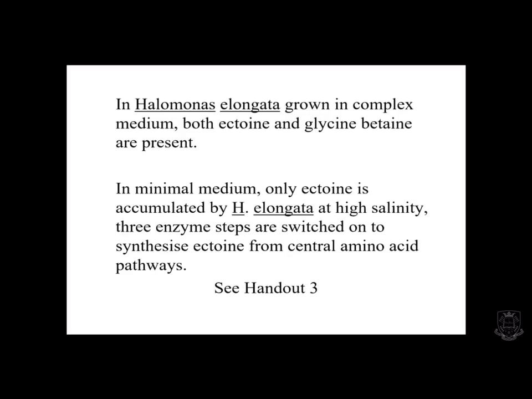easiest or most efficient way for the cells to produce these compatible solutes. And bear in mind, this is so important because they're producing a lot of these compatible solutes. So one thing maybe I should have said earlier on is that if, for example, you've got 3 molar sodium chloride outside the cell, which is not incredibly high salinity for these organisms, both the sodium and the chloride are osmotically active. So if you've got 3 molar sodium chloride outside, for betaine or ectoine you need approximately 6 molar inside.